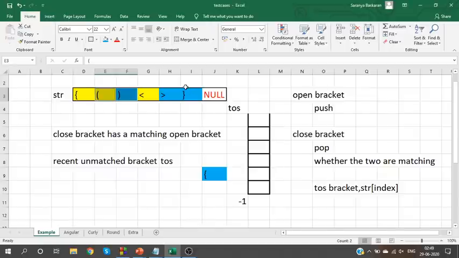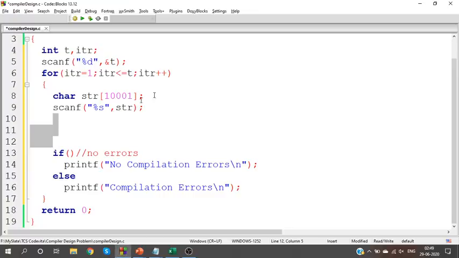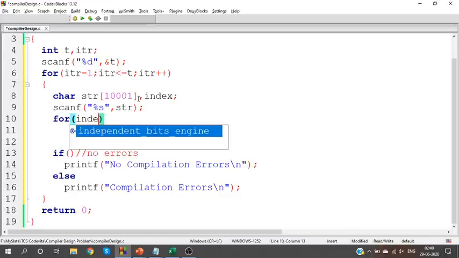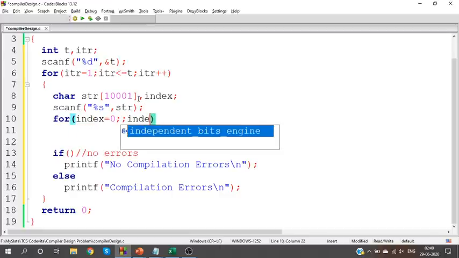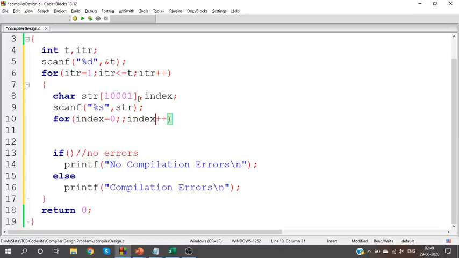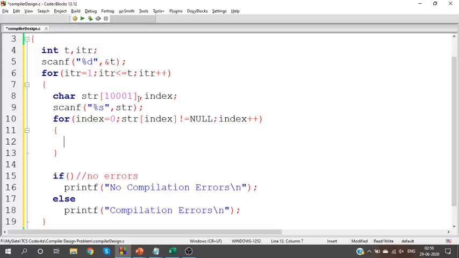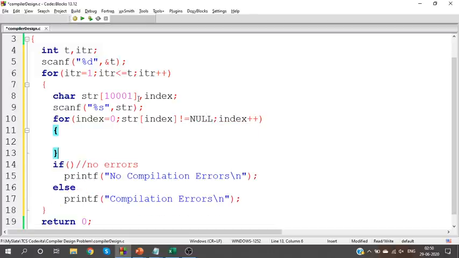So angular bracket means in our programming part, listen guys, you need to analyze each index value, right? So we are going to analyze each index value starting from the 0th index till we reach the null character. Okay, take each character and what should we check? We need to check whether it is an angular bracket.